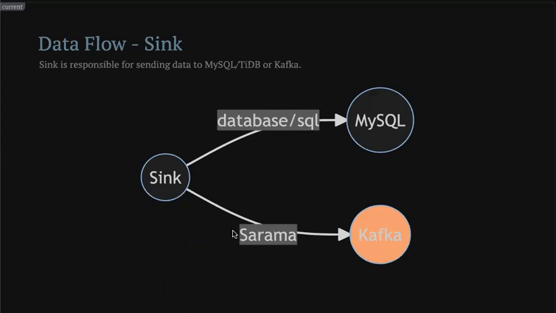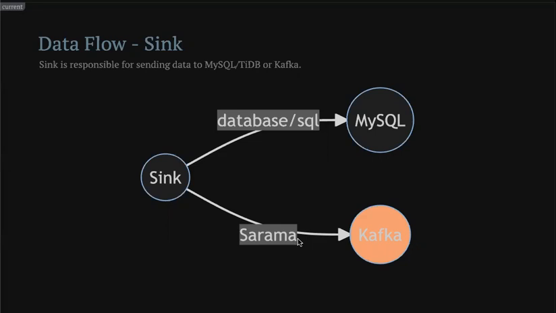And also we can use Sarama as a producer to produce the data to Kafka. Sarama is a Golang library for producing Kafka messages. And we also have an S3 sink, but it's not ready yet. We will release it in the next version, maybe